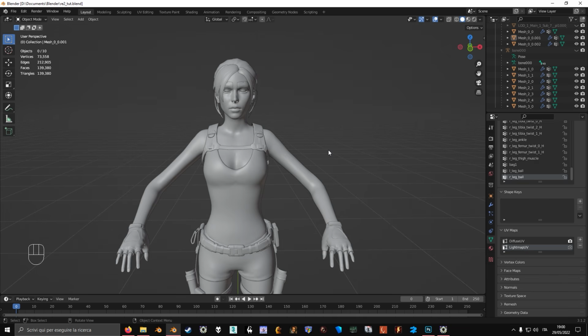This game uses 2 UV maps. The first one is obviously for the diffuse textures, the normal maps, the ambient occlusion, and everything. The second UV map is used for the blood splattering, the blood mask basically. But if you use Blender,